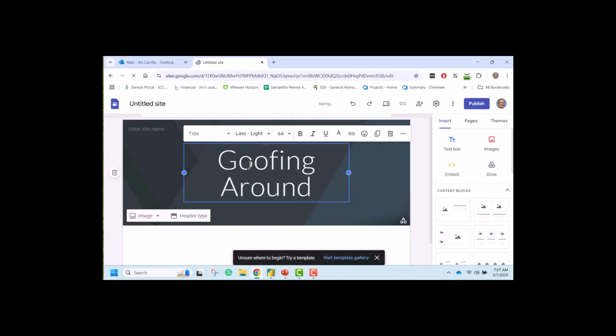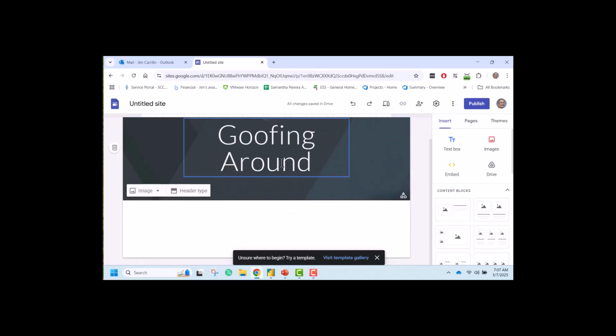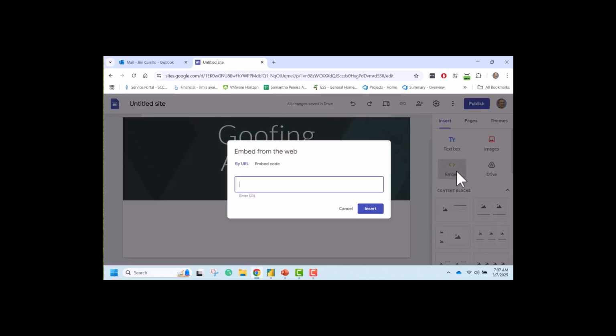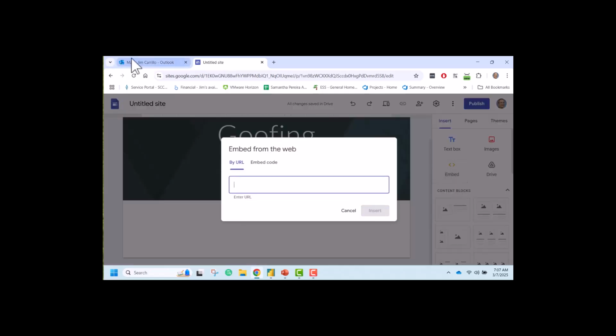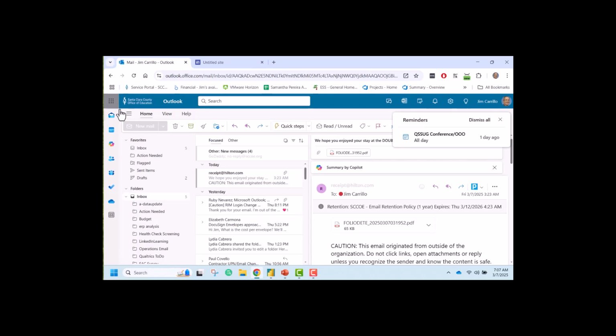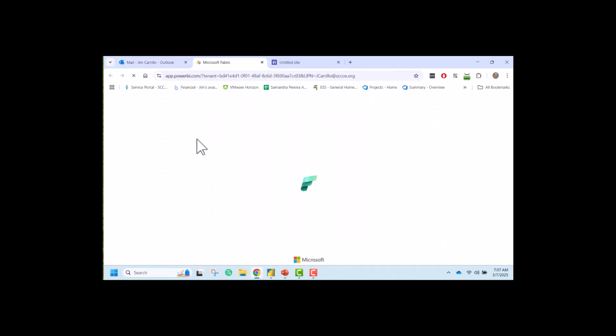And now that I'm done with that one, I click in the main area and I can see on the right hand side there's an embed area, embed code. So I'll click on that and it's just asking me for the embed code. Let's go get it. Go over to my little waffle, go back to Power BI,